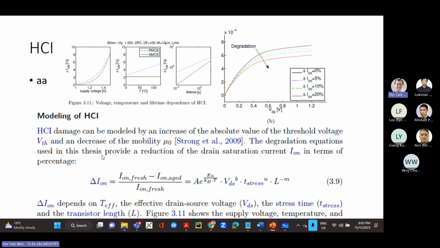If I ask you this question, I'll just tell you to model this HCI as a change in VTH. So first you calculate the change in ION, then you figure out, for this change in ION, what is the equivalent change in VTH, something like that. Then you can figure out what the delay is, or you can directly relate this ION to delay, just the way it's done in the process variation. Either is fine. Okay, and again, the stress time, as we discussed, you have to estimate the proportion of time that the transitions will take, which is both the slew rate, how fast, and what is the percentage of time in one clock cycle that you actually have this current moving.